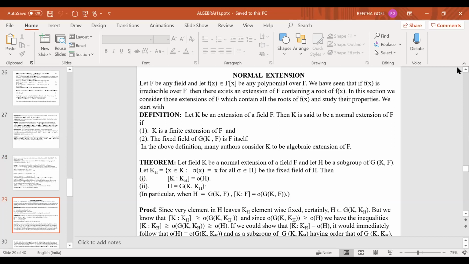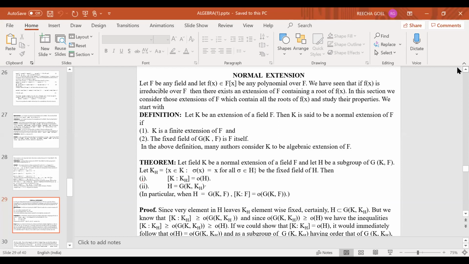Actually, depending upon our observation and our need, we are going to have different types of extensions of F. We had algebraic extension, we had separable extension, we will have perfect extension. Now this is another concept, that is normal extension. Actually, Galois' biggest contribution in algebra is the introduction of normal subgroups. Normality type of conditions are due to Galois only. So our another extension is normal extension.